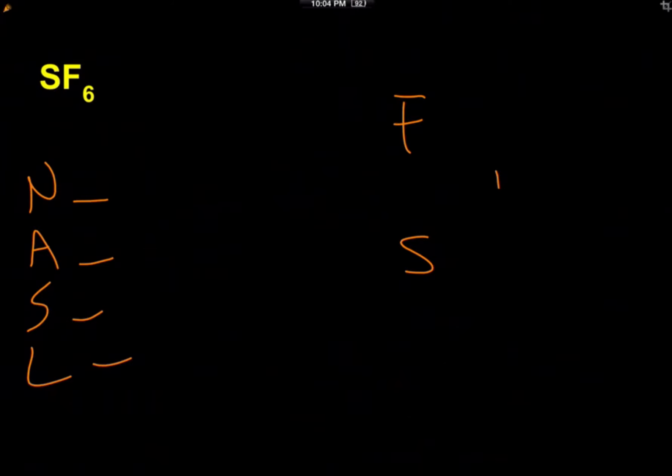Sulfur hexafluoride. This is going to be another exception. Has to be, because we've got 6 fluorines to bond to. So we're going to have more bonds than we normally would. More than 4, we've got to have 6. So 7 times 8 is going to be 56 that we need. The number that we have is 7 for each fluorine, so 6 times 7, which is 42, plus 6 more,